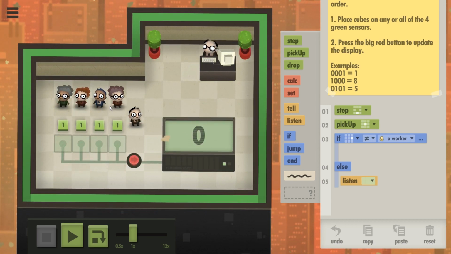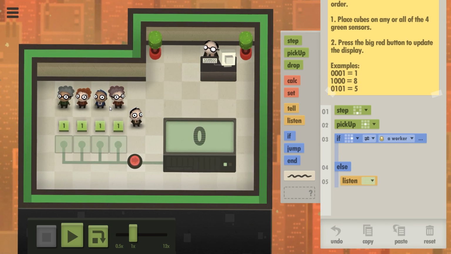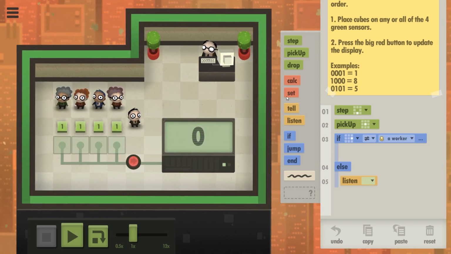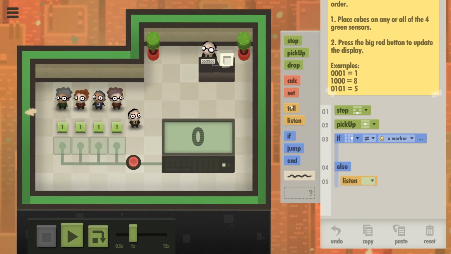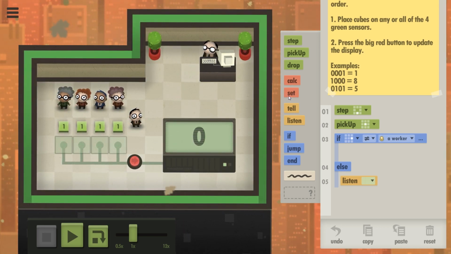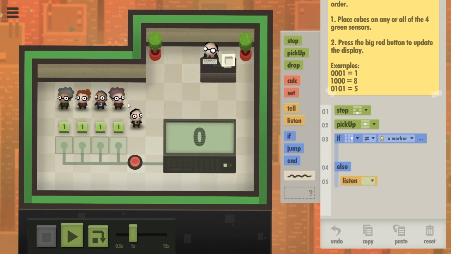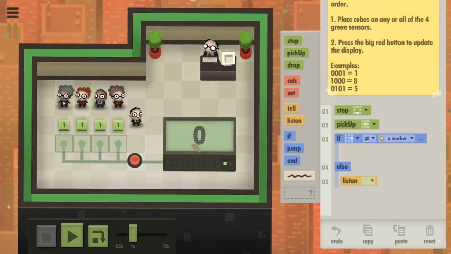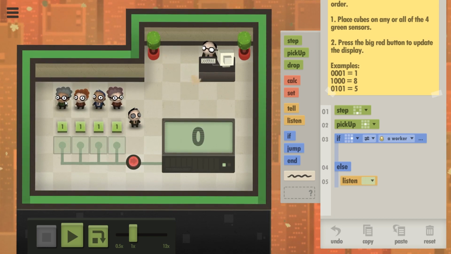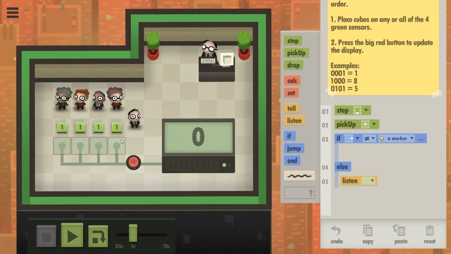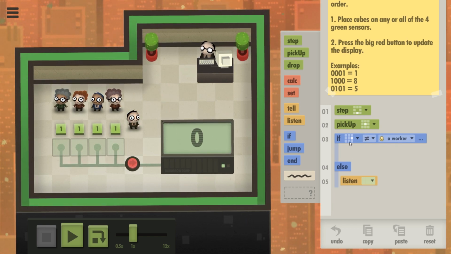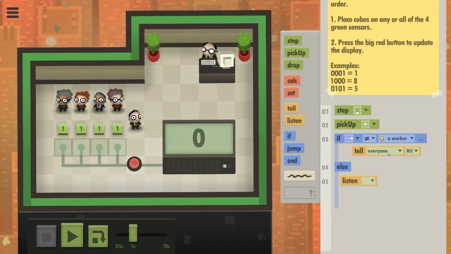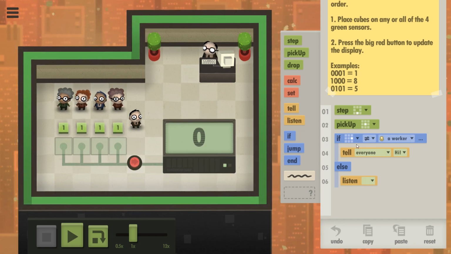Basically, I need to assign everyone their role, and that determines how long they're gonna wait as they do their counting. So if to my right is not equal to a worker, what I will do is I will tell everyone